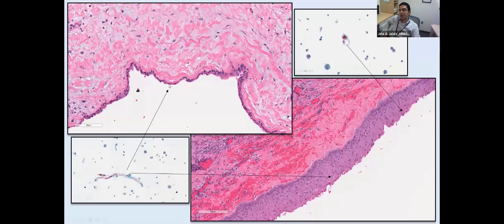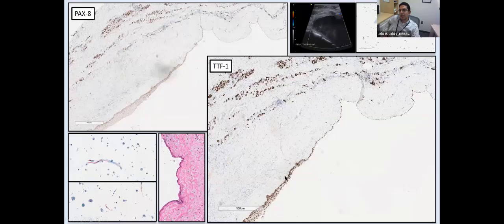And looking closer at these cells, they certainly explain the cytological findings of the aspirate, where we can see some thin and flattened squamous cells and some plumper squamous cells, but overall it is maturing quite nicely throughout. So we did a workup for this case, and indeed they are staining with PAX8 and TTF1, which indicates that they are derived from follicular cells. So basically this is just squamous metaplasia of follicular cells involving a thyroid nodule that became cystic, and there's no evidence of malignancy or neoplasia.